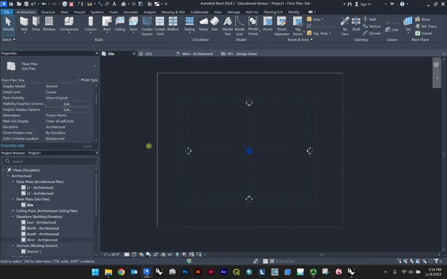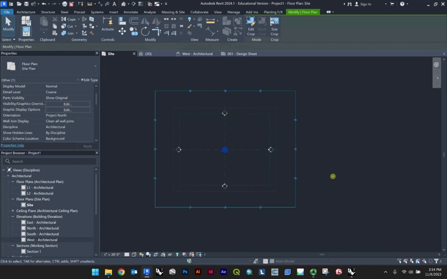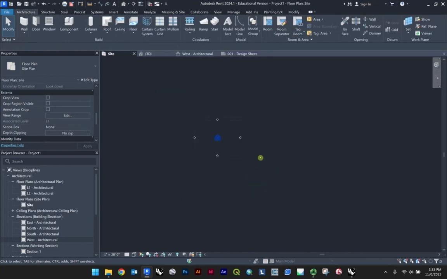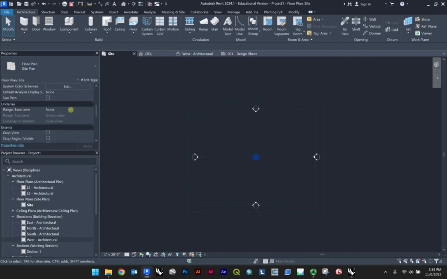I'd recommend working from the site plan at the start. You may notice there's this somewhat strange looking box. What that is, is an extents view. So you can see there's a crop view here and a crop region visible. So if you turn those off, it may look a little bit more normal to you. I'm just going to leave those there,